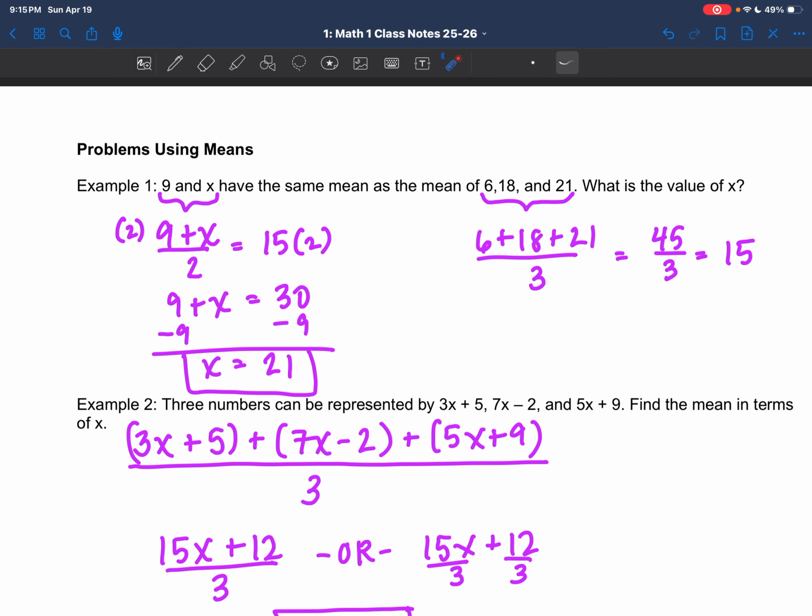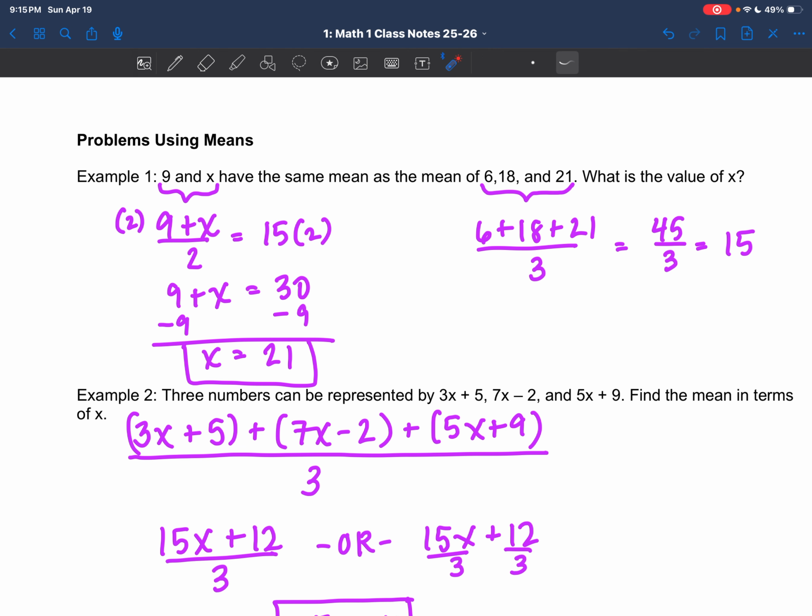All right, so here's some more examples. 9 and x have the same mean as the mean of those three. So we want to know what's the value of x. What we're going to do is first find the mean here. And so we've got 9 plus x divided by 2. And then we want to know